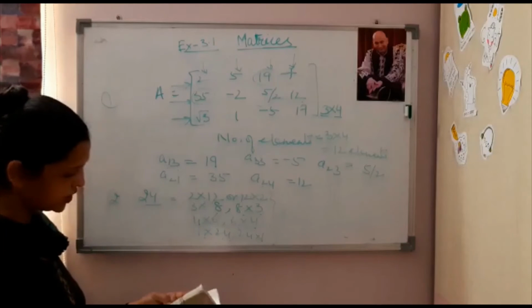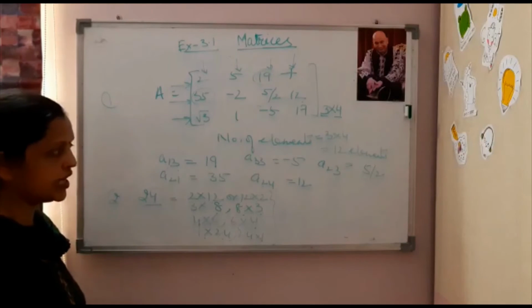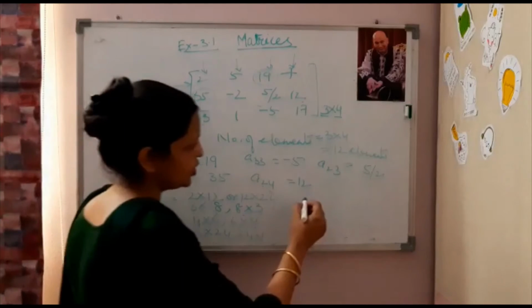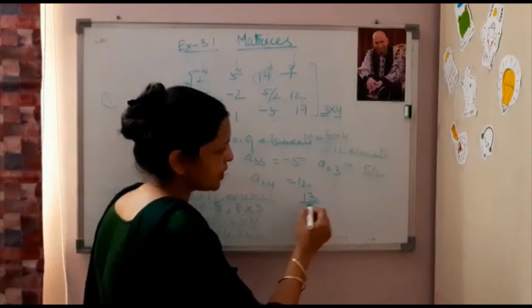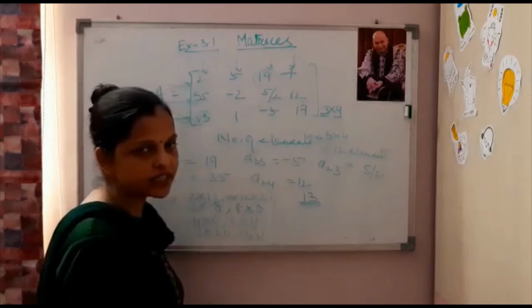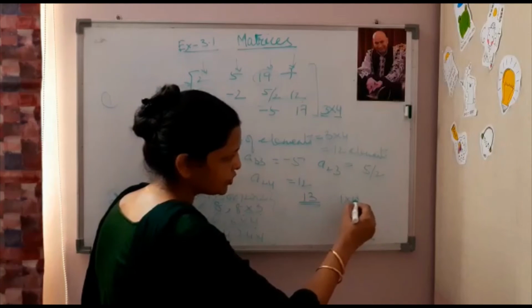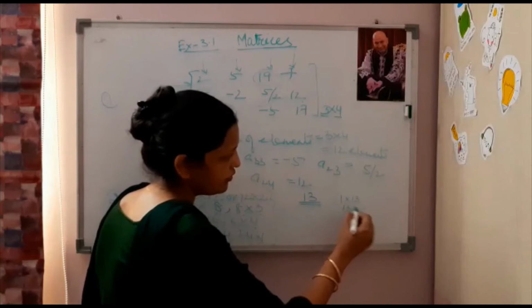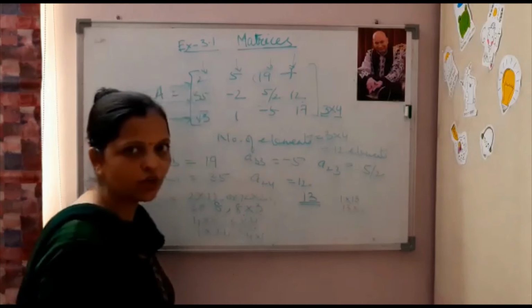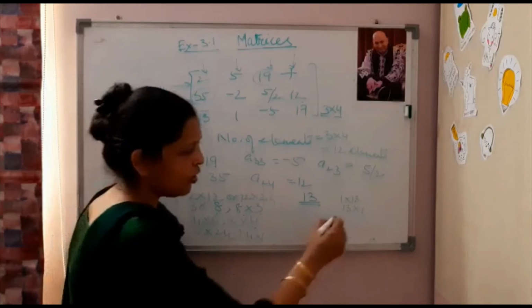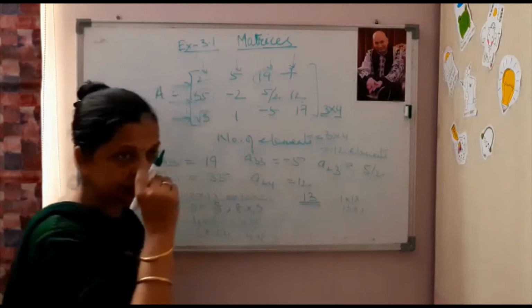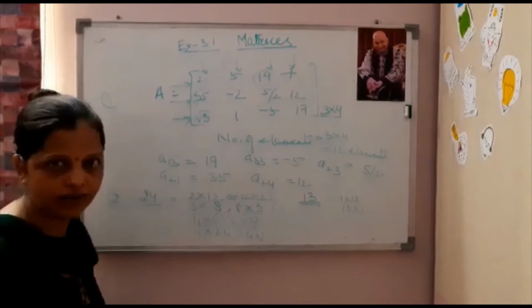In this one more thing is asked, 13 elements. अगर matrix में 13 elements हो, 13 as you know it is a prime number. Prime number के factors are not possible. So only 2 orders are there, 1 into 13 or 13 into 1. 1 into 13 का मतलब है 1 row and 13 columns. और 13 into 1 का मतलब है 13 rows and 1 column, right?